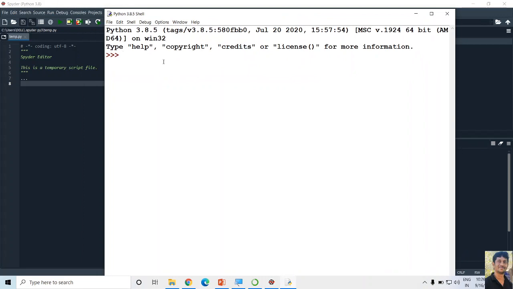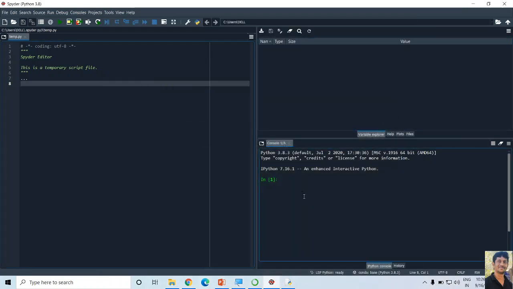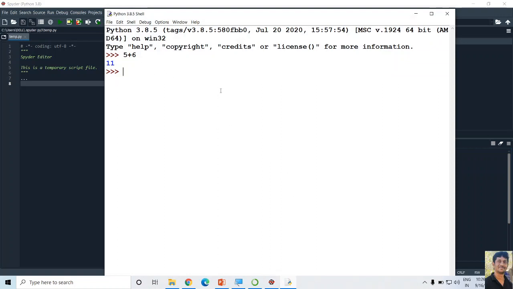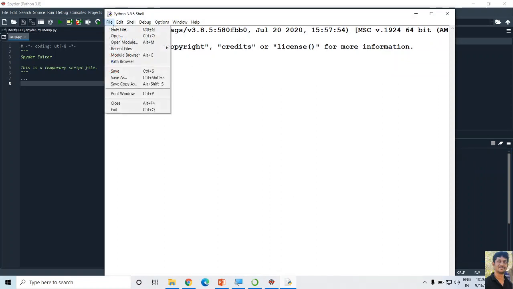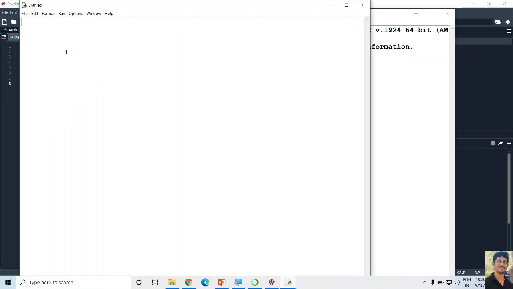The shell window is suitable for only single line statements. In the same way, even this IPython console is suitable for single line statements, and it is going to produce the output for us. Meaning if you want to run any single line statement, you can use the IPython console. Or if you want to run multi-line statements, what we did in the previous video session is we opened one file and wrote many statements in the editor window. After that, we saved this file, right?